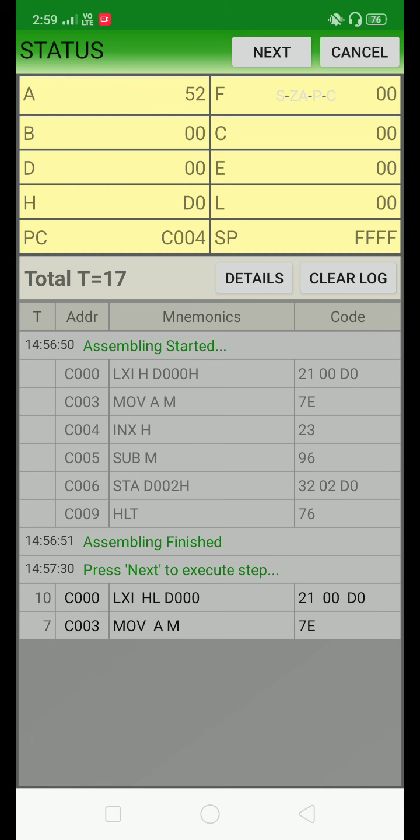Next instruction is INX H, incrementation of the memory pointer. So I will click on the next button, just observe the HL register content. So see here, in H register as it is D0 is there, and in L register 01, means memory pointer incremented by 1.